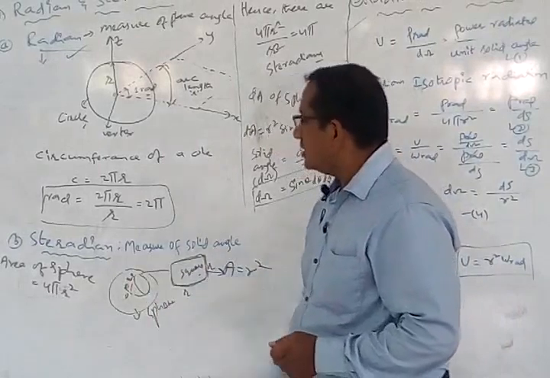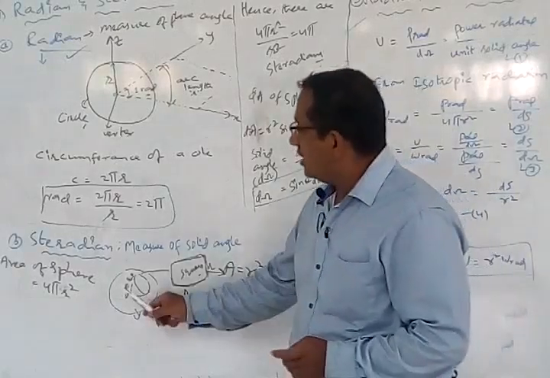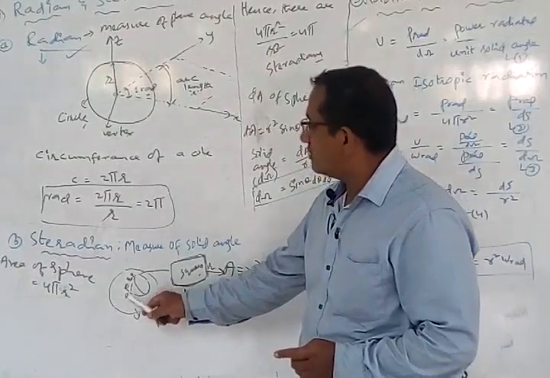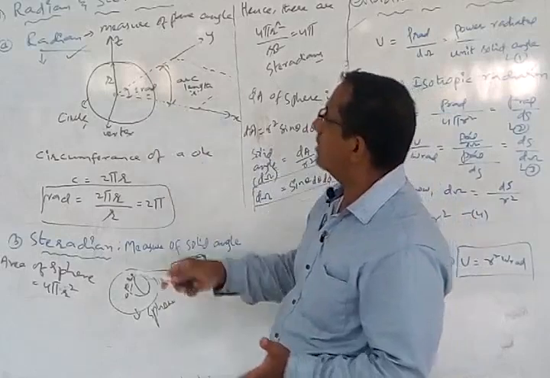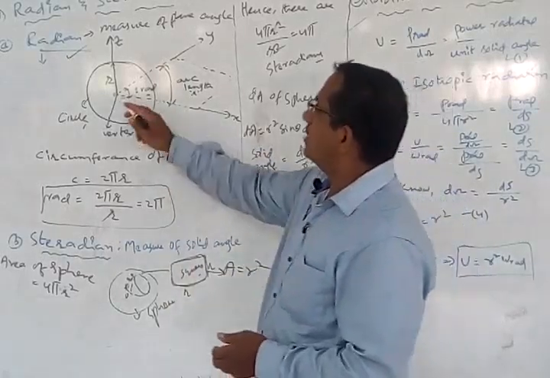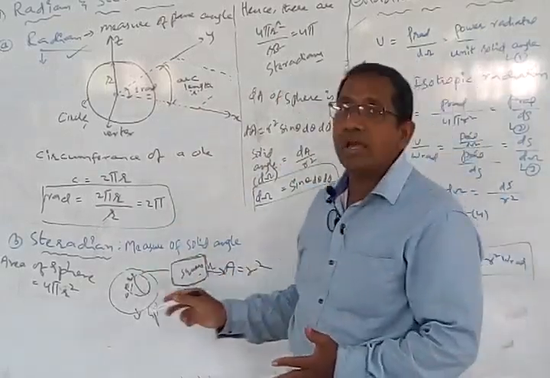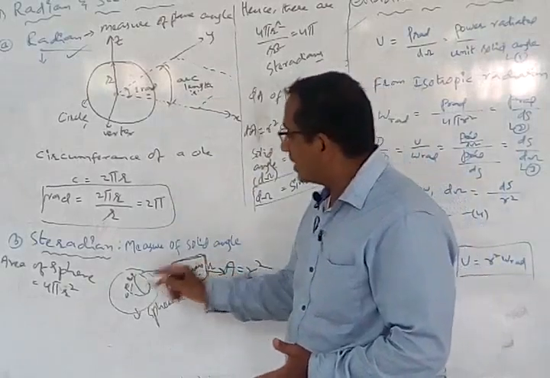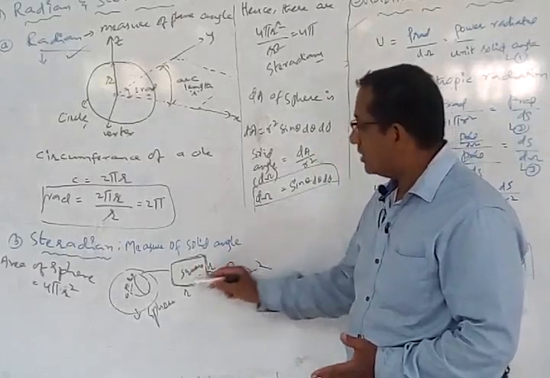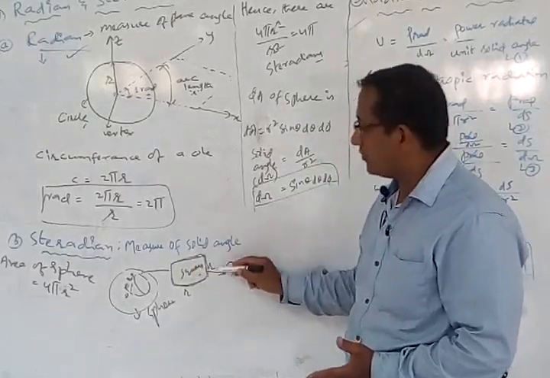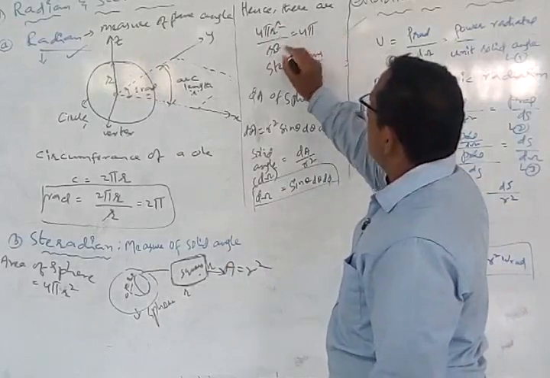Now we have to find the steradian value. How can we compute the steradian value? See here, steradian is also defined as a solid angle, something like how we define radian. 1 radian is defined as a plane angle. Similarly here, 1 steradian is defined as a solid angle that is subtended to a square of equal length r, and is known as a steradian. Now we calculate, hence, what is the surface area of a sphere?